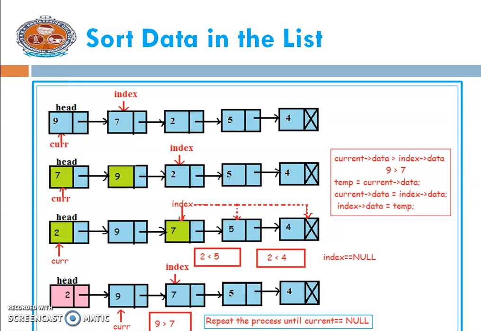And the last operation is sorting the elements. Arranging nodes in ascending or descending order on the basis of the data present in the node is known as sorting. Here we need to sort the nodes of the given linked list in ascending order. To accomplish this task, we maintain two pointers. The first one is current and the next one is index. Initially current is pointing to head and index will point to the node next to current.